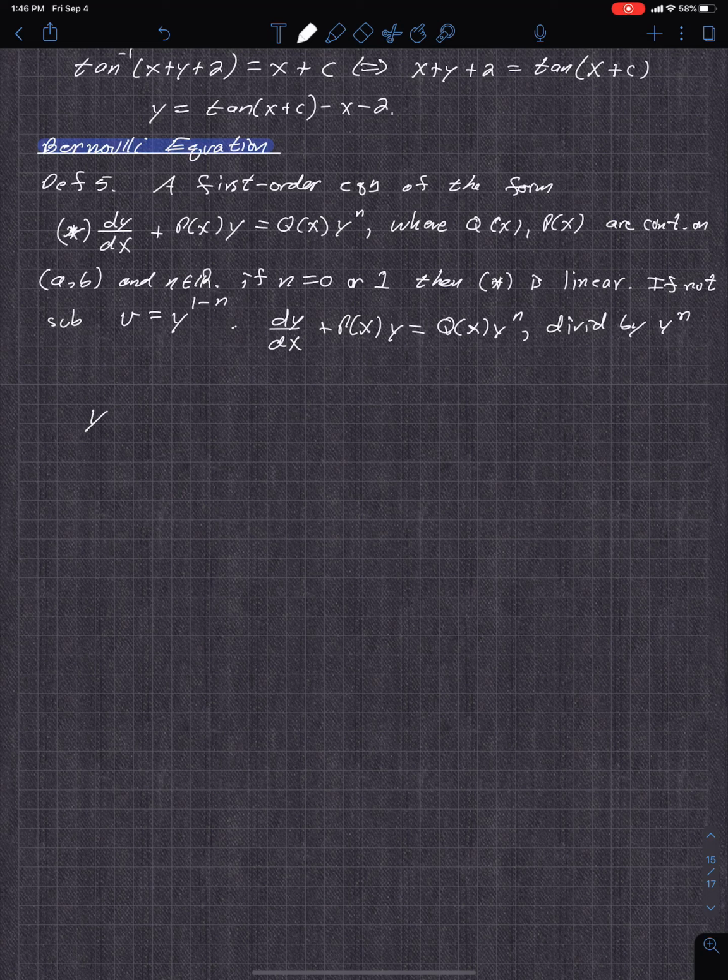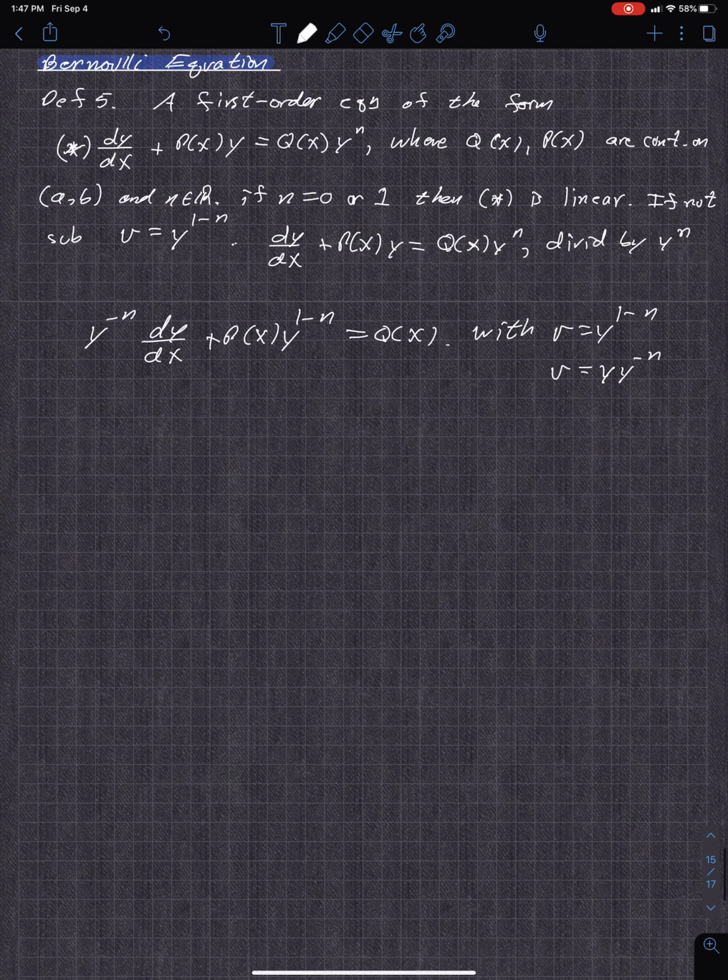Then you have y to the negative n dy/dx plus p of x y to the 1 minus n equal to q of x. With v equal to y to the 1 minus n, and then when you do your substitution, you get